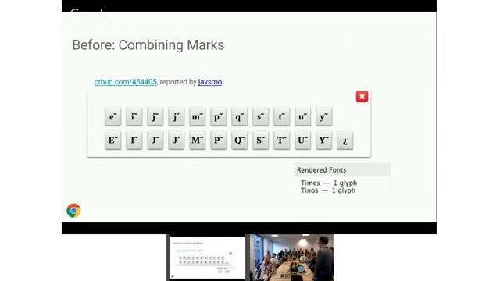So now how does that affect the user experience? Before, someone filed a bug about this. This was someone who wrote a virtual keyboard for his web page and used the web font from Google Fonts. The web font was called Tynos. And he or she wanted to create this virtual keyboard so that the user can click on these buttons to type maybe less used